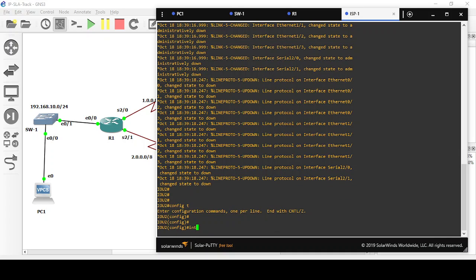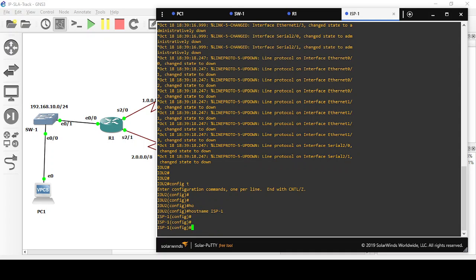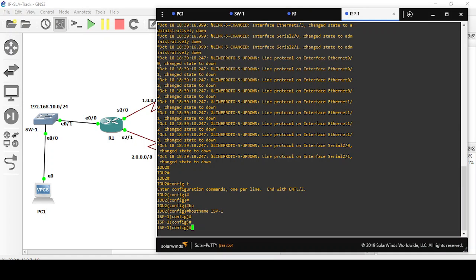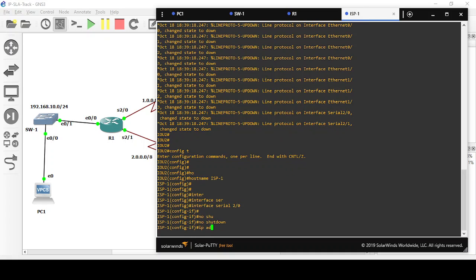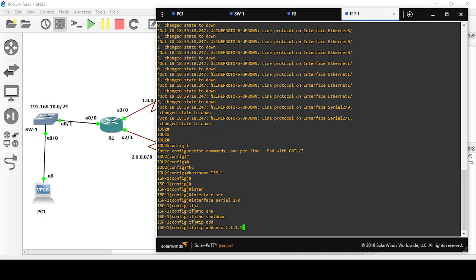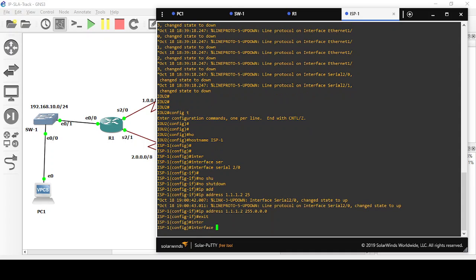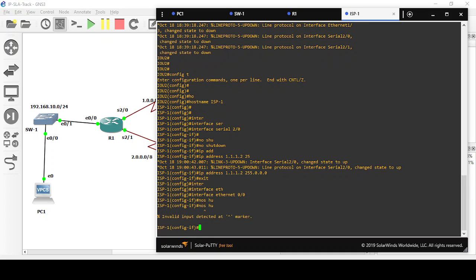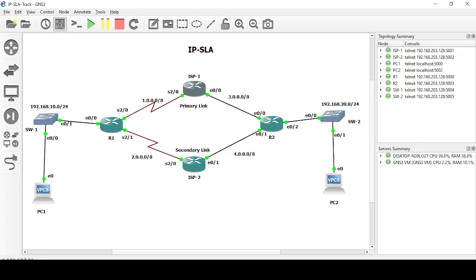Config T, hostname ISP-1, interface serial 2/0, no shutdown, IP address 1.1.1.2 255.0.0.0, exit, interface Ethernet 0/0, no shutdown. This interface is connected with R2